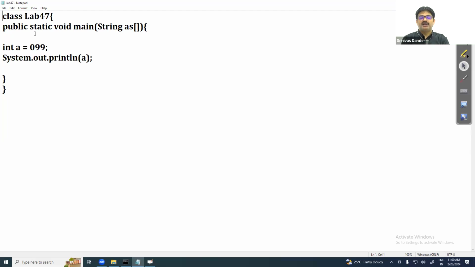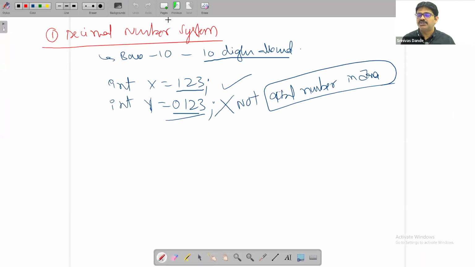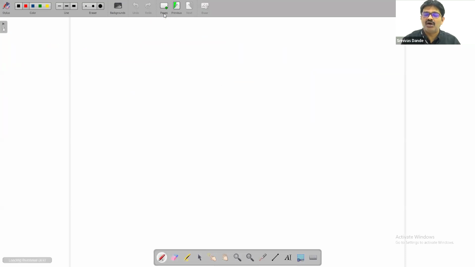Will that compile or not? Because if any number starts with 0, that will be considered as an octal integer literal, right? We have jumped into the octal integer literal. This is the octal integer literal. Oh, very good, Hari. What is the base of octal, guys? Come to our next topic, decimal number system over. See this carefully, guys. Next, we are going to the octal integer literal. Number 2,